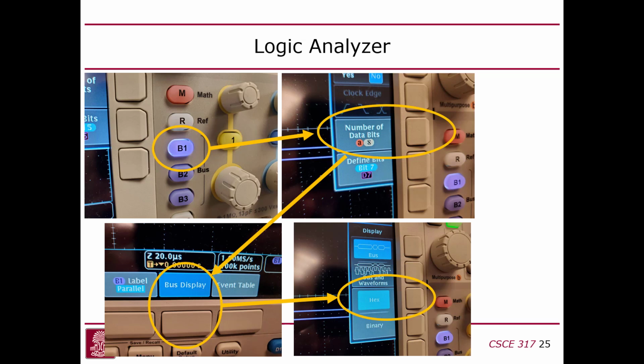So you configure it as an 8-bit bus, and then at the bottom of the screen, you can hit the bus display button. And in this case, I set it up as hex, because I wanted to see the hex digits. I wanted all 8 bits to be grouped into 2 hex digits. And then